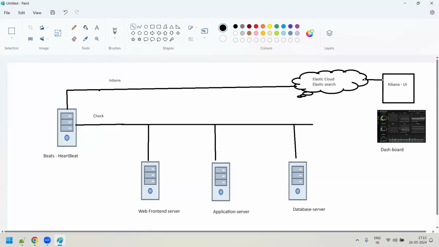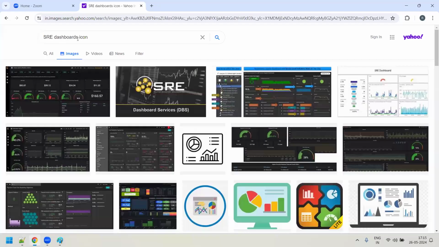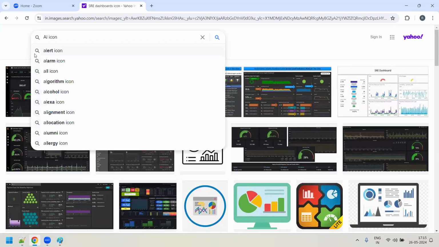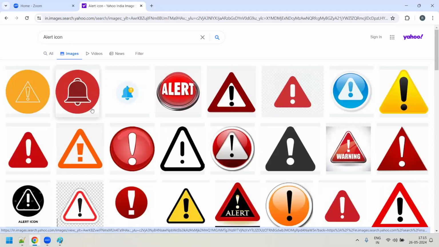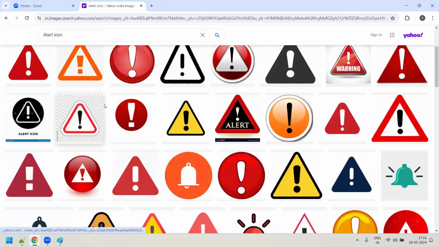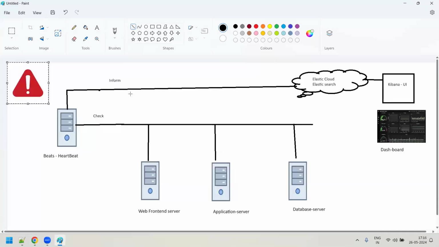So once the database server goes down, you need to configure some kind of alert. So what does that alert do? The alert will basically send some kind of alert notification. Say for example,